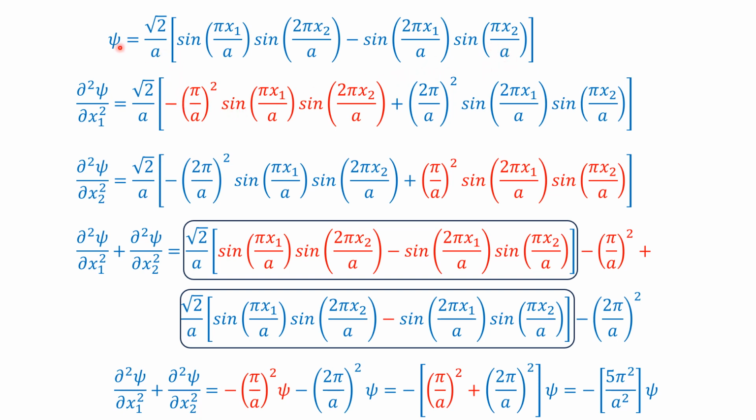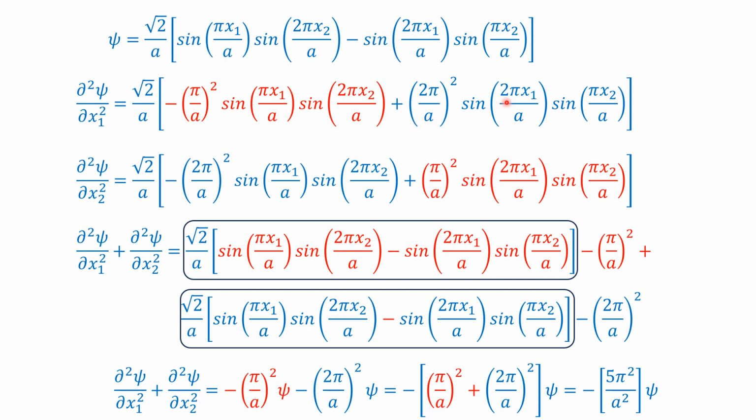And now you differentiate psi with respect to x1 twice. That is second order differentiation. So if you differentiate sin x, you will get cos x, then a factor of pi over a times the cos x. If you differentiate cos x again, you will get minus sin x, and again you will get a factor of pi over a. So this will become minus pi over a squared, sine pi x1 over a, sine 2 pi x2 over a